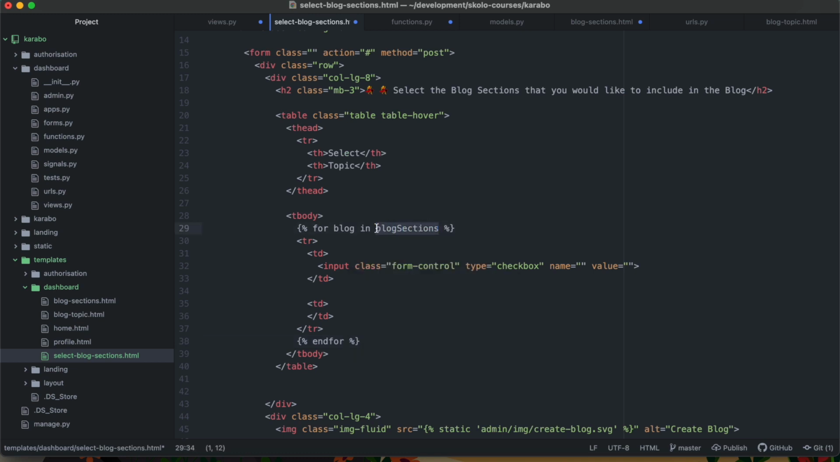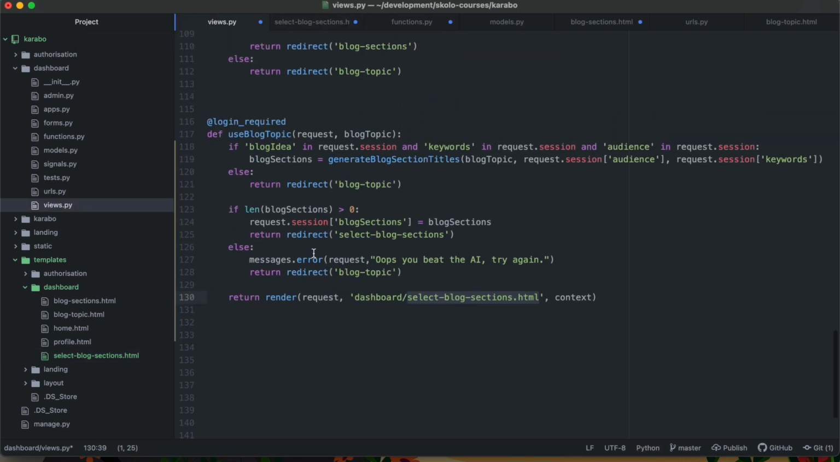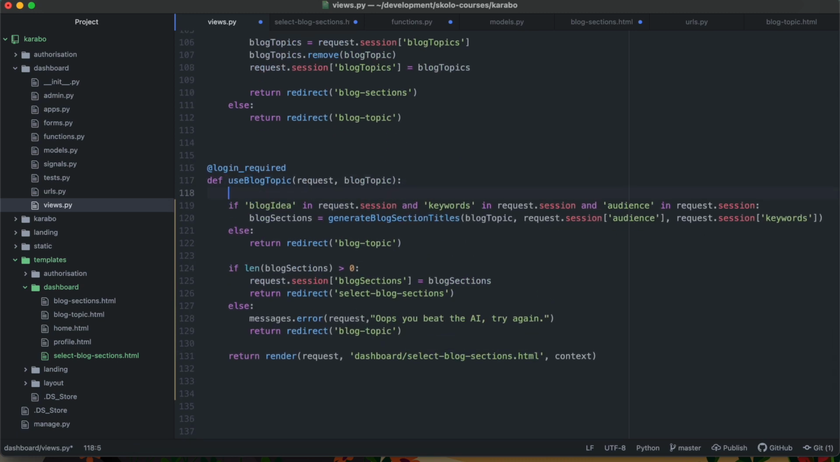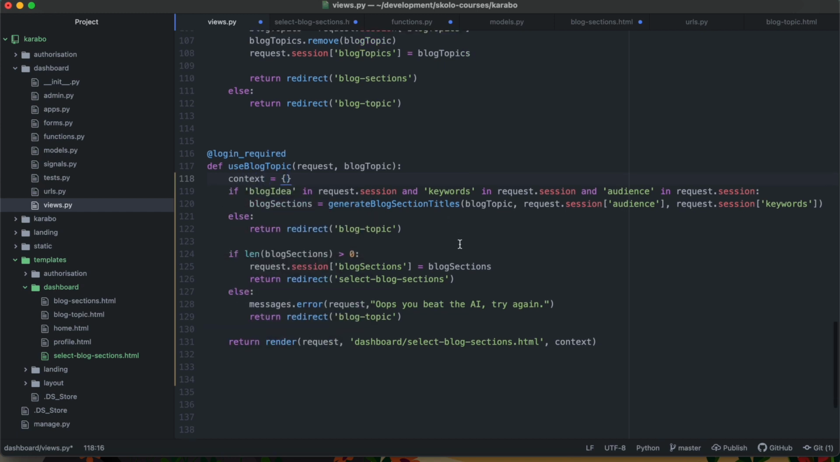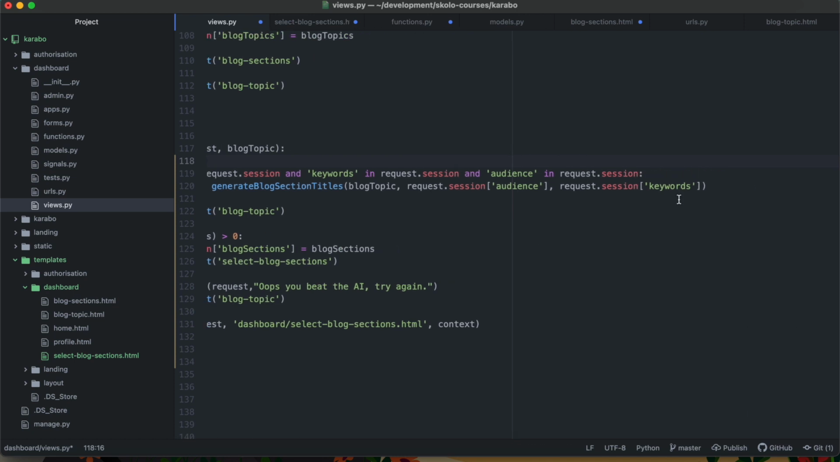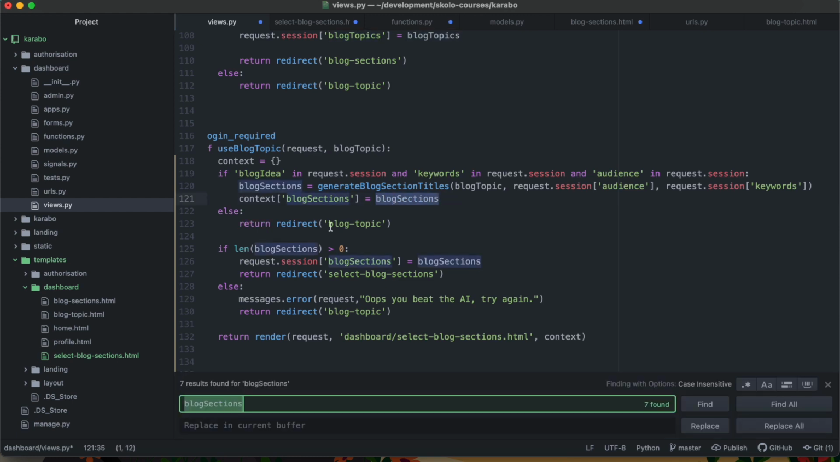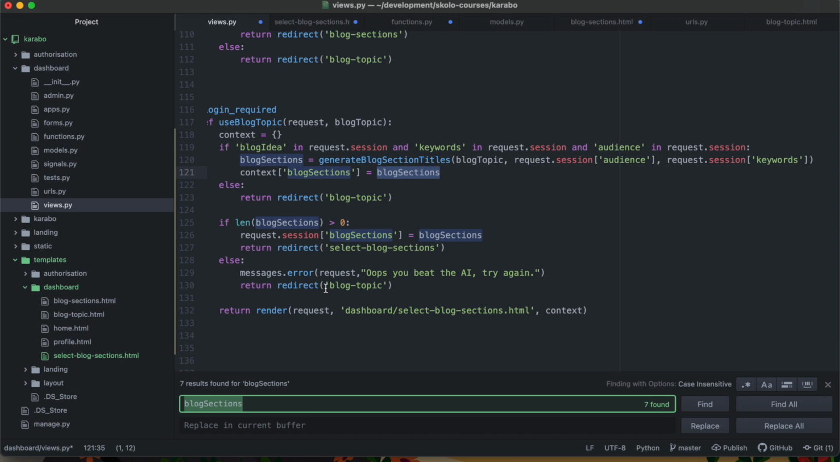And then we need to make sure that the blog sections, we are sending them through into the context. So over here, once we create the context there, in fact, we need to create the context at the beginning. So context is equal to that. And then we can send it over here. So we can say context.blog sections is equal to blog sections. So this blog sections is the one that we are,